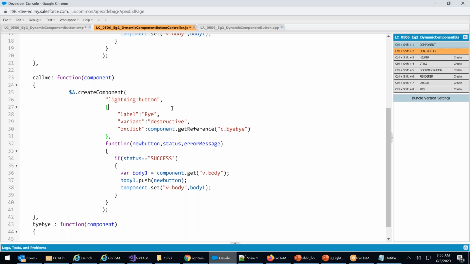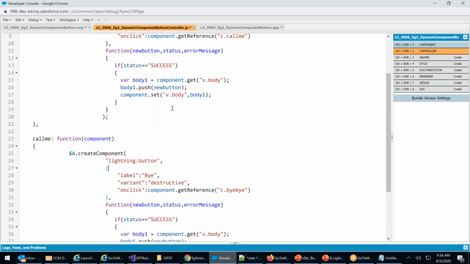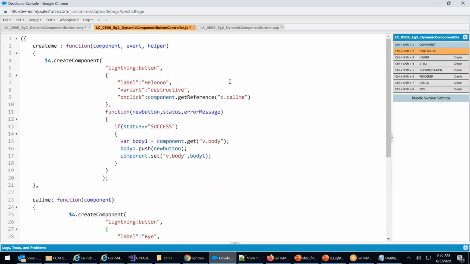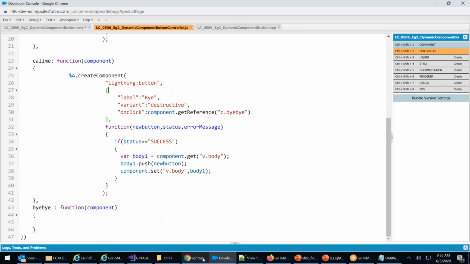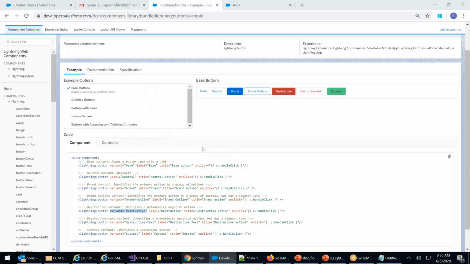First of all, did you understand what a dynamic creation is? How do I dynamically create something? Yes. Control S. Component to component: create will give hello, will give bye. See that? You click bye and I didn't write a function.